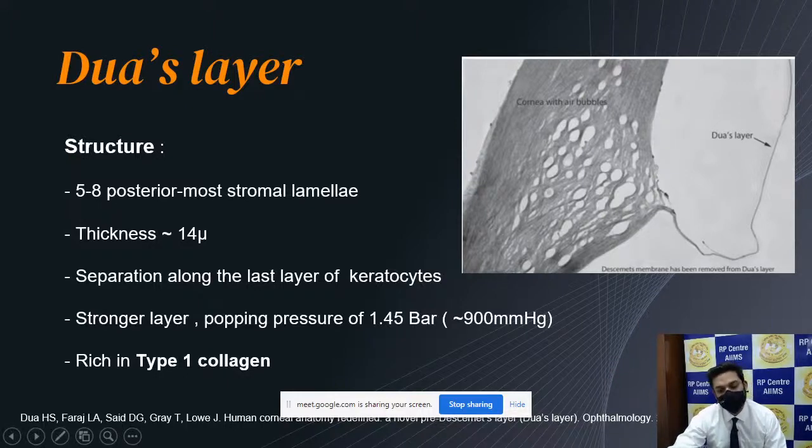So, the corneal epithelium is derived from the surface ectoderm, induced by the lens vesicle and the optic cup. The mesenchyme forms the Bowman's membrane and the stroma. Bowman's membrane is not a true basement membrane, but rather the anterior portion of the stroma itself.